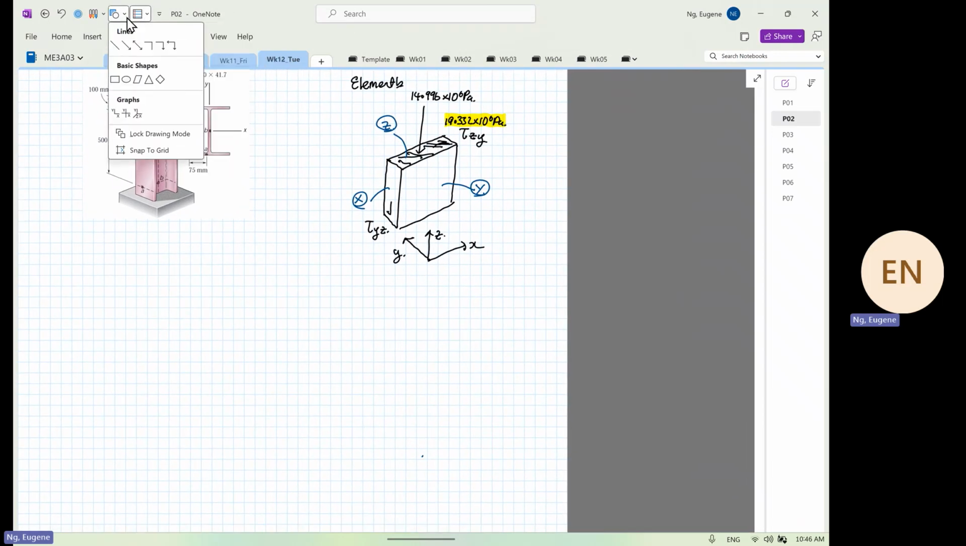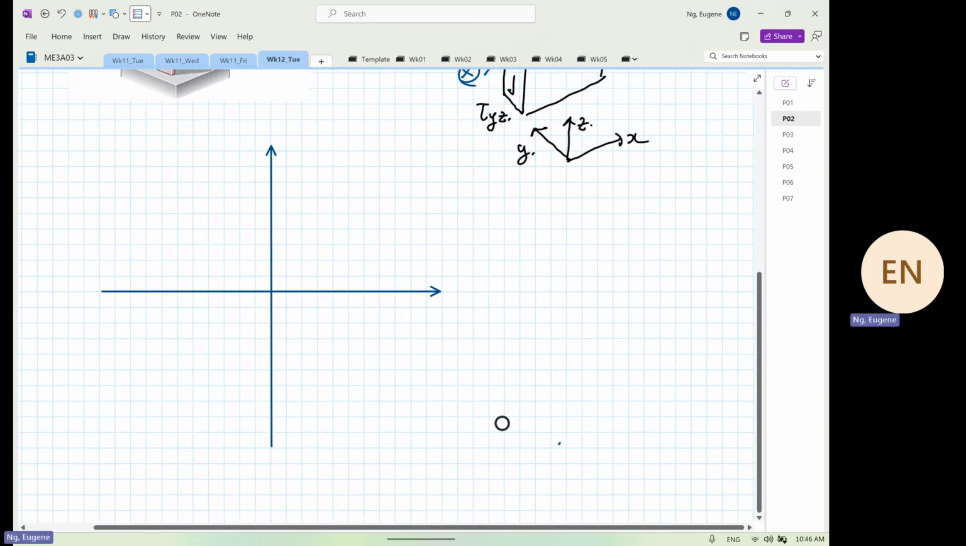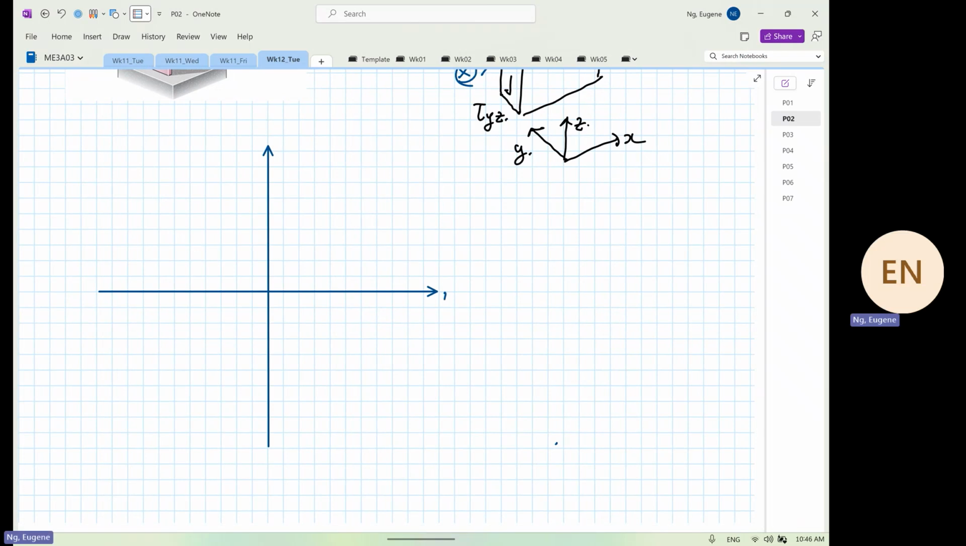This is just a sketch, because we calculate more accurately. So I'm going to go in fives. So normal stress